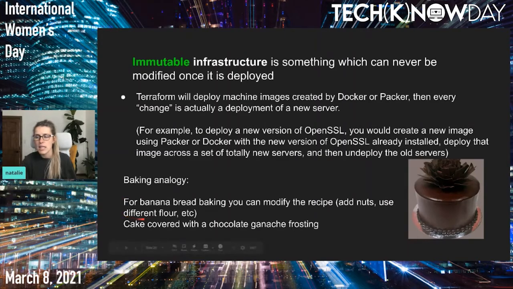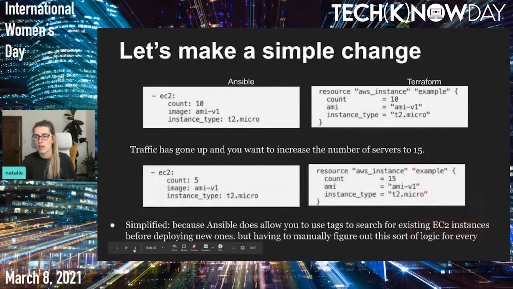And here what I'm saying is that you can modify the banana bread recipe in your baking, but you will still build those banana breads as one piece. And here's a more technical visual example. Let's say in the Ansible world, if I have EC2 as a server, and I'm trying to build EC2s and I have 10 of those, and I put some image on my server, and this is the type of my server. And let's say I want to change from 10 to 5, right? How do I do it with